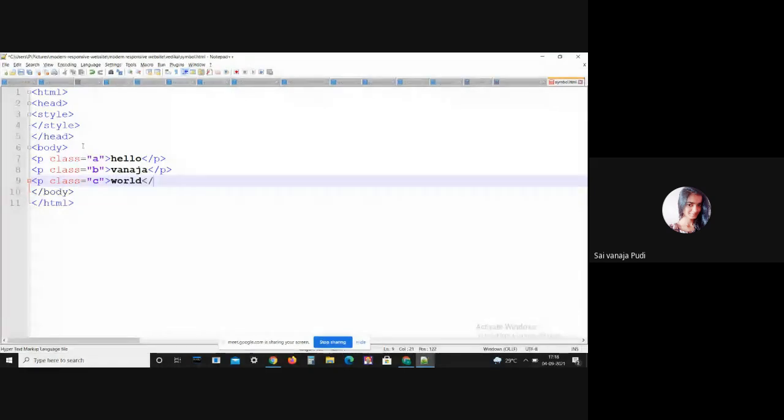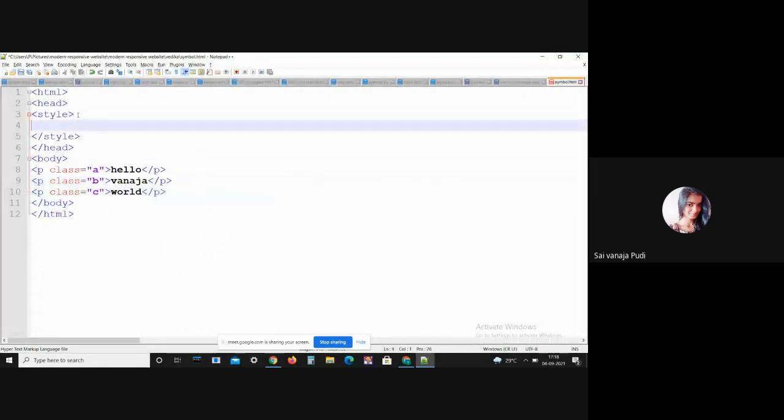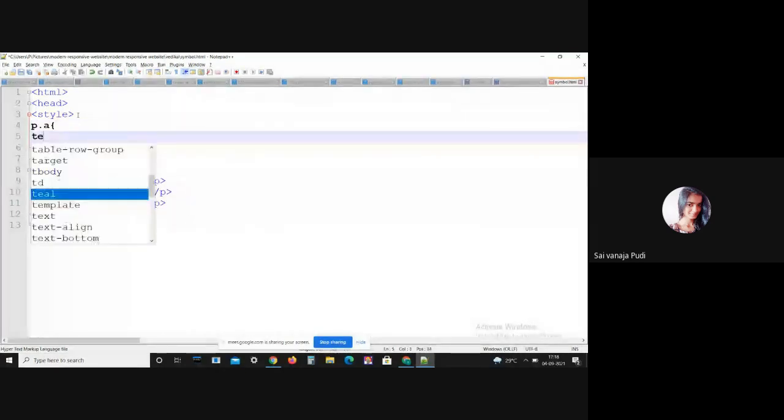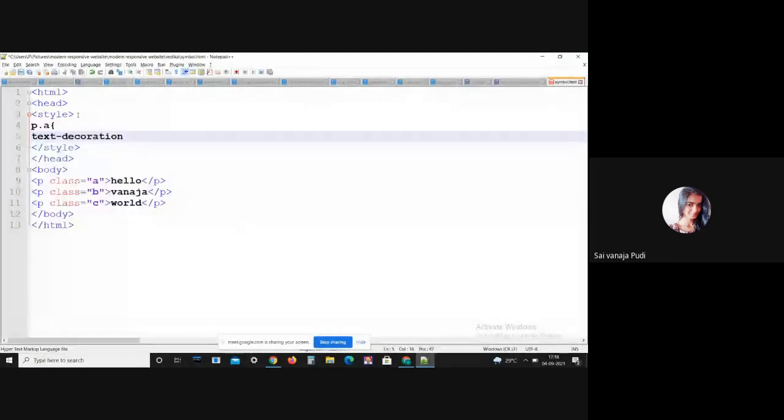And after that, you should close your paragraph tag. I hope everyone is clear with this. Okay. Let me add some CSS. Like here, I just want to add the text decoration like underline, line through, and overline. Okay. So first thing, text decoration,